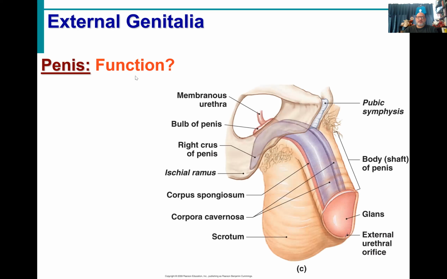We were working our way through the anatomy of the male. We had talked about the testis. We had talked about the function of the testis. We had talked about the ductwork system. We talked about the scrotum. So the only real anatomy we have left, of course, for the male is the external genitalia, that is the